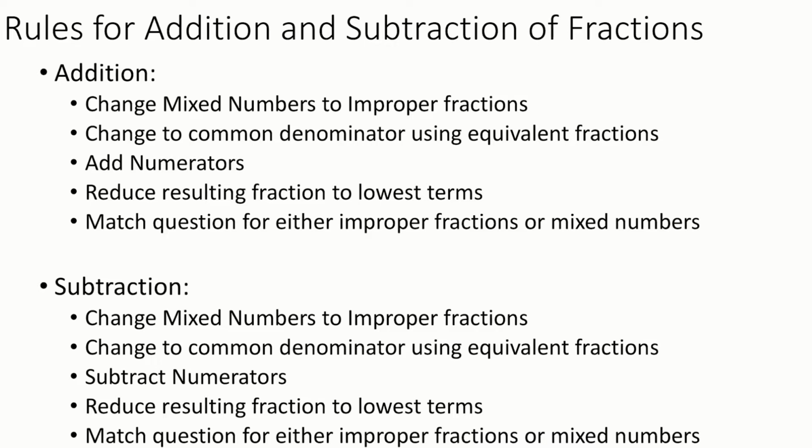First, change mixed numbers to improper fractions. Step 2, change common denominators using equivalent fractions. 3, add numerators or subtract numerators if you are subtracting. Step 4, reduce the resulting fraction to lowest terms. And finally, match the question for either improper fractions or mixed numbers. Pay attention to how the question states their units, whether they are in improper fractions or mixed numbers, and then